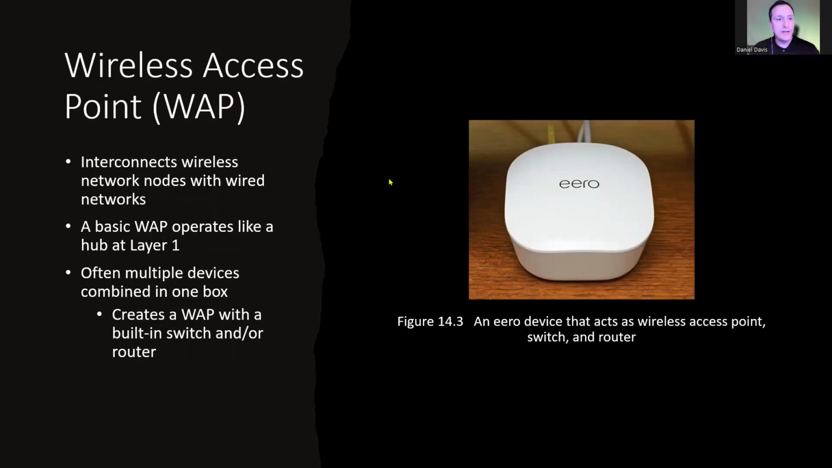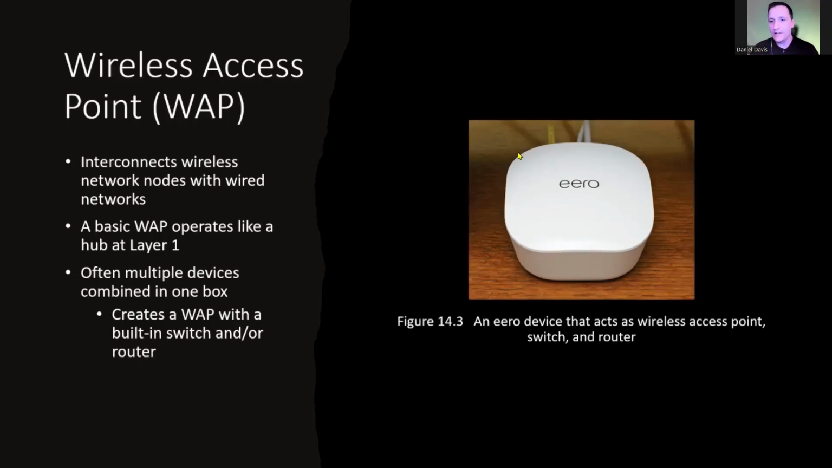Wireless access points interconnect wireless network nodes with wired networks. At a basic level, a wireless access point essentially just acts like a hub. It is a layer 1 device at the most basic level. However, you can have wireless access points that have higher levels of functionality. So you could have a wireless access point that has the functionality of a switch or a router built into